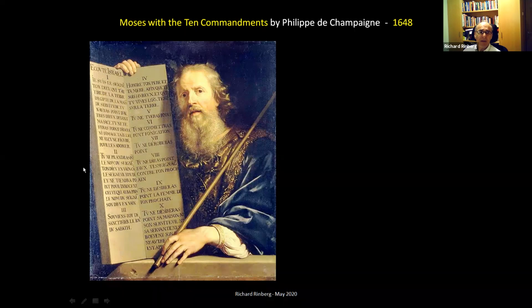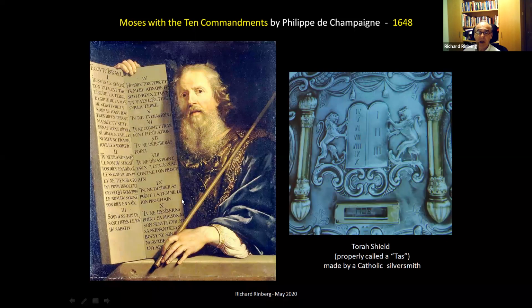You have to be careful about this, because if you're Jewish and you take a Christian designer and you say, for example, make me a Torah shield, you can end up with this 1, 2, 3, 4. And by the time it's finished, it's probably a bit late, and maybe they didn't even realize to begin with to put this right. Just interesting. So clearly this is a Catholic silversmith making a Torah shield, which properly is called a tas. It shouldn't be called a breastplate, although that's in popular usage in English. But clearly made by a Christian, not a Jew.